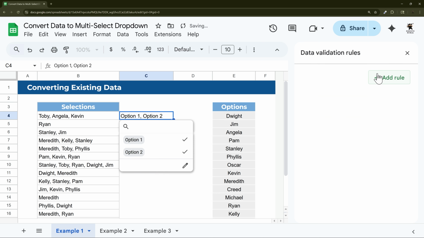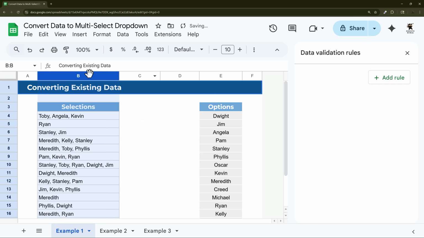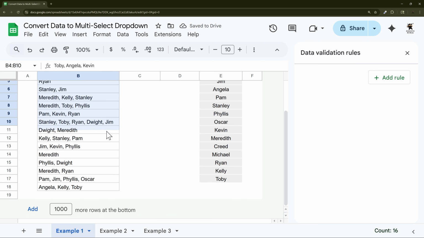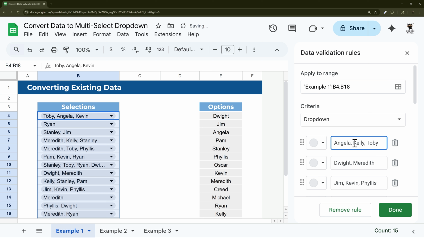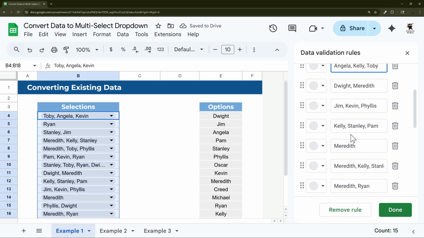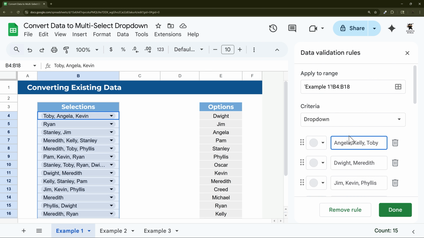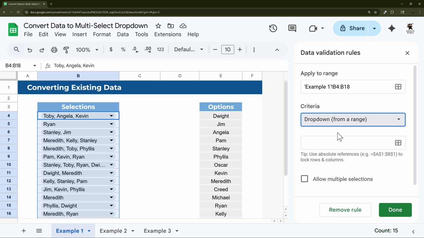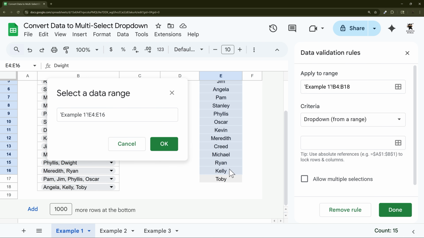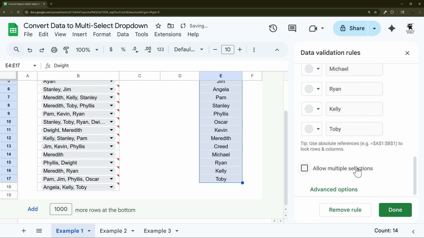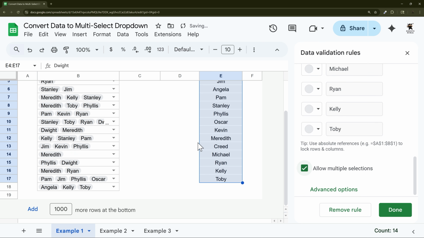But what happens if you have existing data? If we look over here, we have some existing data, and how would you convert this? If we select this data and go to add rule, we have all the options showing up in each square. So you could avoid this whole thing and just go to drop down from a range if you have it, and then go like this, select your range, okay,